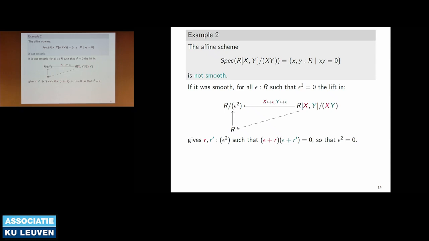And so now a natural question is, why is this a contradiction? Well, since epsilon cube equals 0 implies epsilon square equals 0, you have that these two schemes are actually equal, because the other implication is obvious. And then you use duality to get that those two R algebras are equal. And this, you can see, is a contradiction. So for example, as R modules, this is R2 and this is R3. So one can show that they cannot be equal.